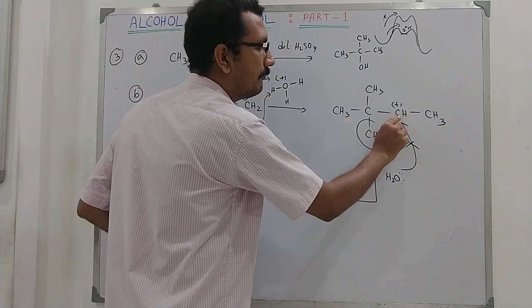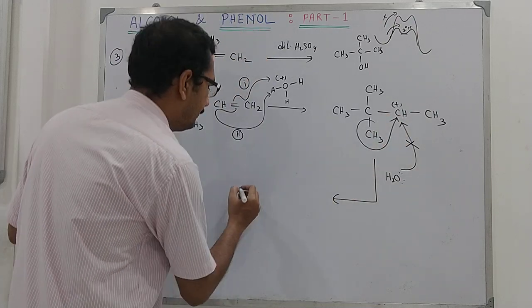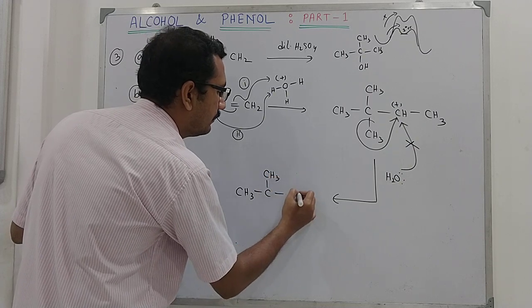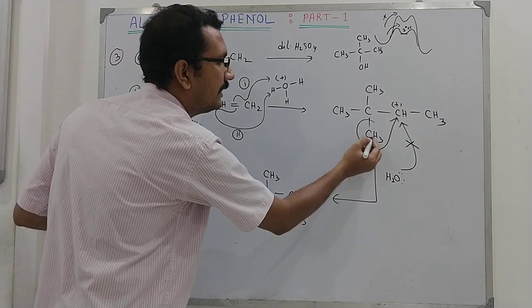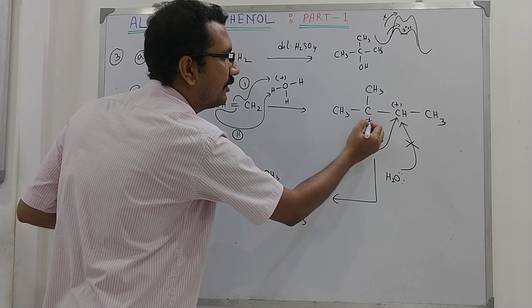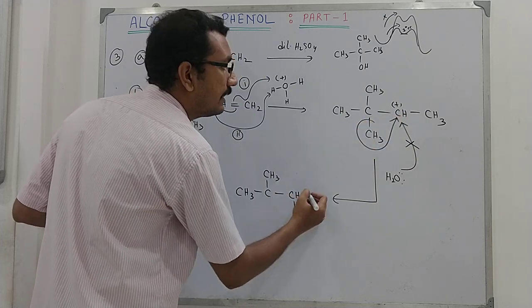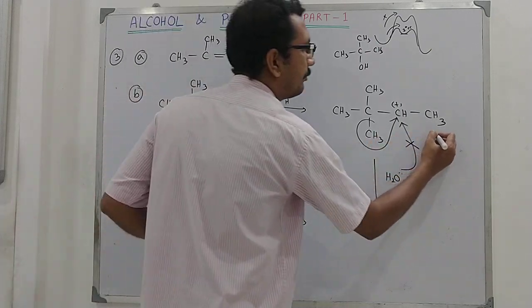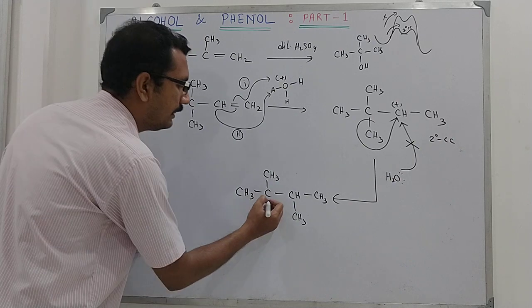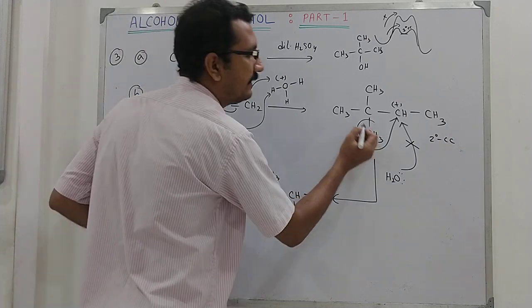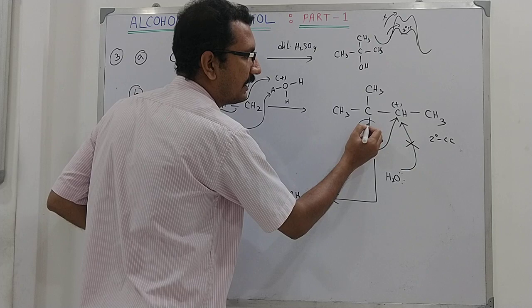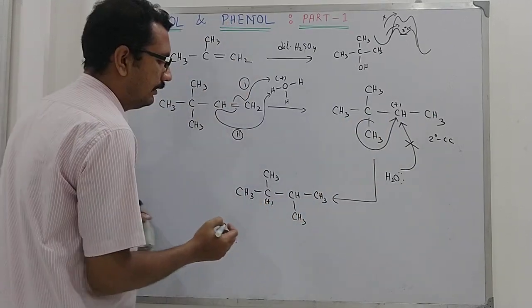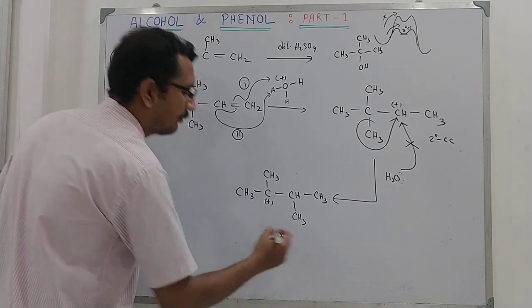So here methanide migration will occur, so we will have CH3, this methyl along with this bond pair comes to this position, so we will have CH3, and here CH3 was already present. So we have a 2 degree carbocation here. Now see, there will be plus. Since this methyl takes these 2 bond pair electrons and comes here, we have plus here, and this plus will be neutralized. So now see, this is 3 degree carbocation.